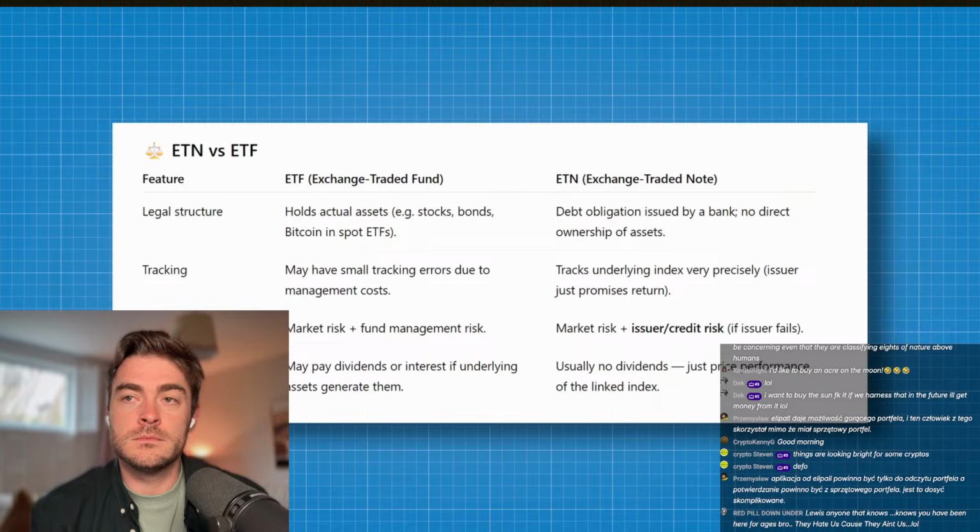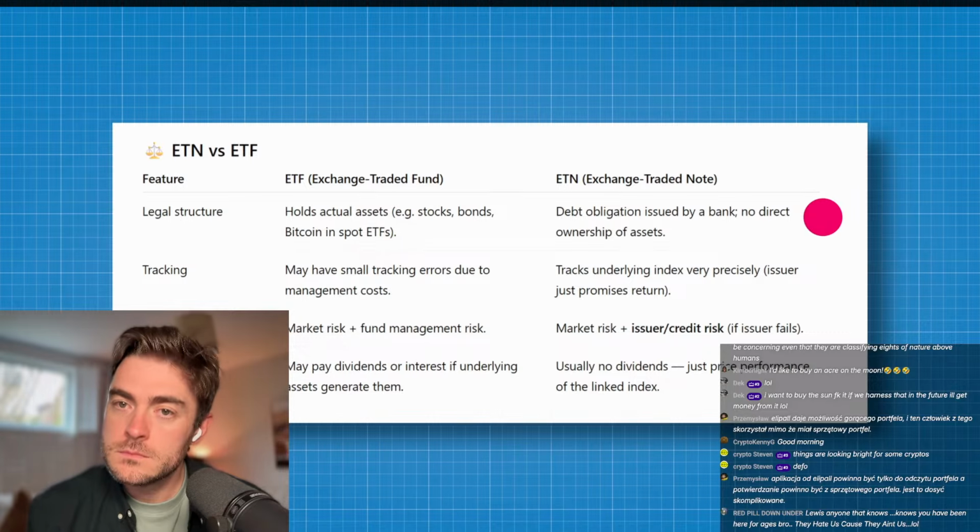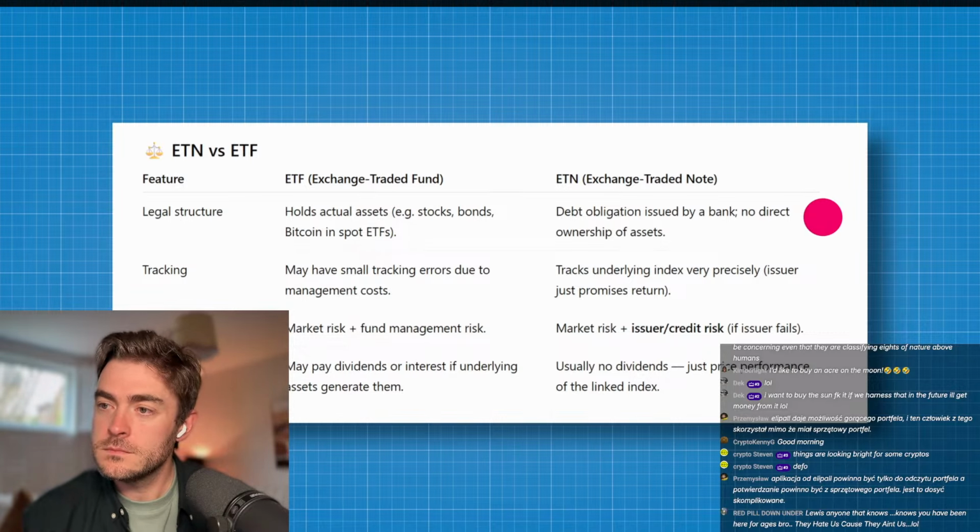Now, there's a second clarification point that I wanted to make as a follow-up from my previous video. In my last video, I explained what an exchange-traded note was and how it would be different from something like an ETF, which many of you watching are more familiar with when it comes to investing your hard-earned money. These crypto investments that are going to be traded from now are technically exchange-traded notes.